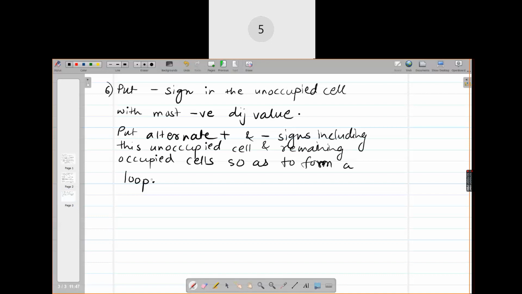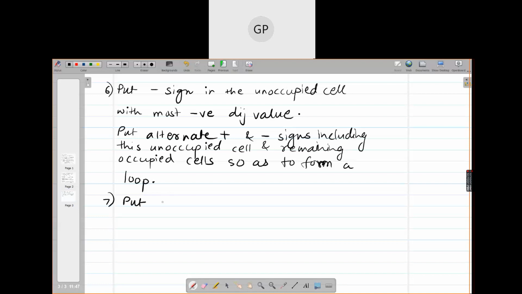Yes. A loop contains an even number of cells and you are allowed to traverse only through 90 degrees and 180 degrees. No other angle is to be used. Okay. And in such a way you form a loop. Once you form the loop,